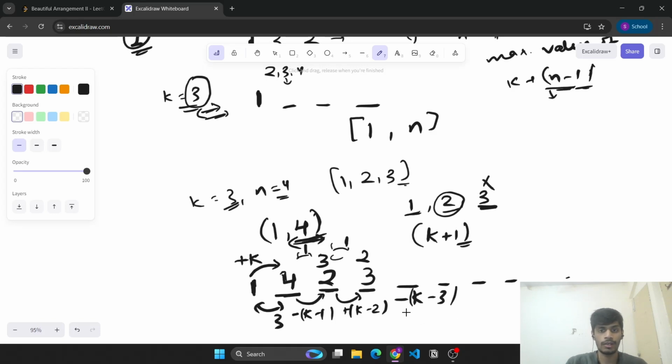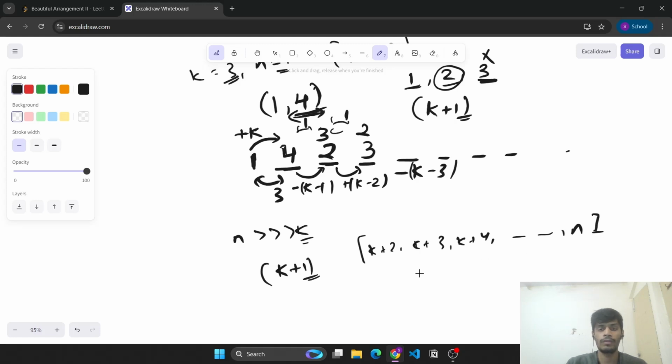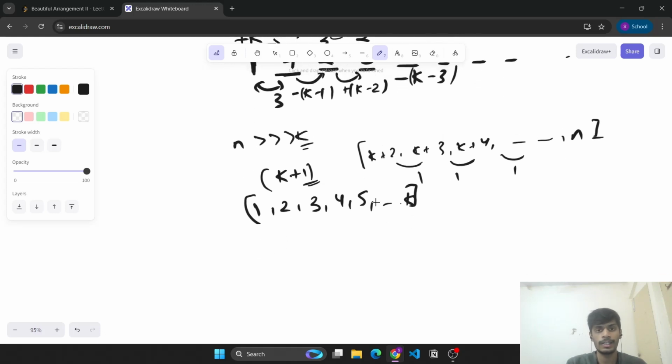So even if, for example, n was much greater than k, we will be able to satisfy the condition using k plus 1 numbers only, and then we can simply arrange the remaining numbers as k plus 2, k plus 3, k plus 4 and so on till n, and it will not produce a new different integer because all the differences will be 1 only, and we have created integers with these differences k. Okay, so using k plus 1 numbers we can create a new difference array which has k distinct integers, and